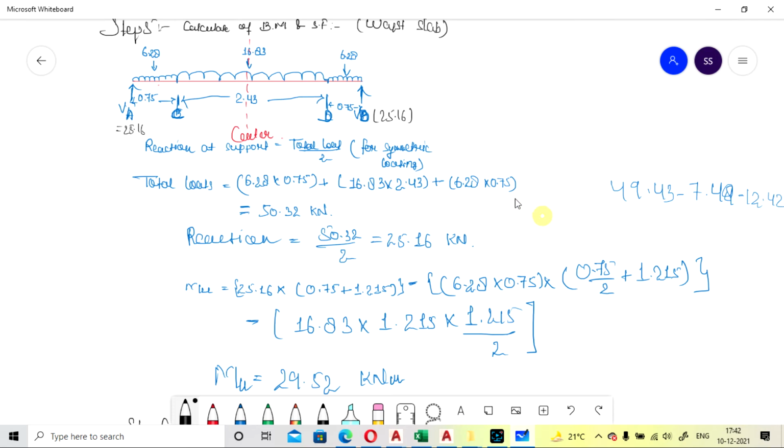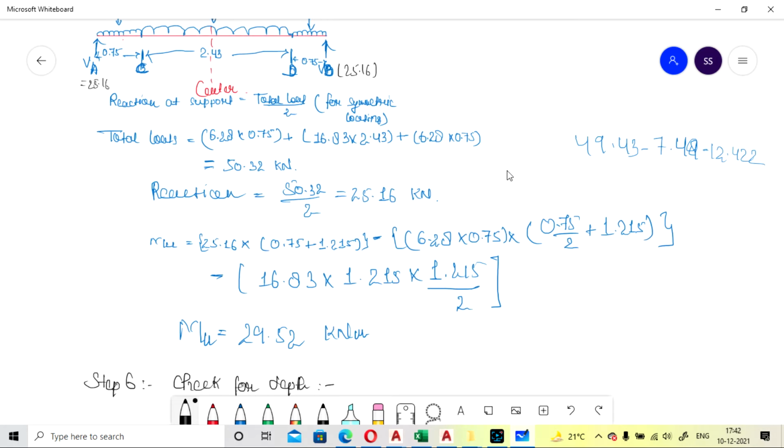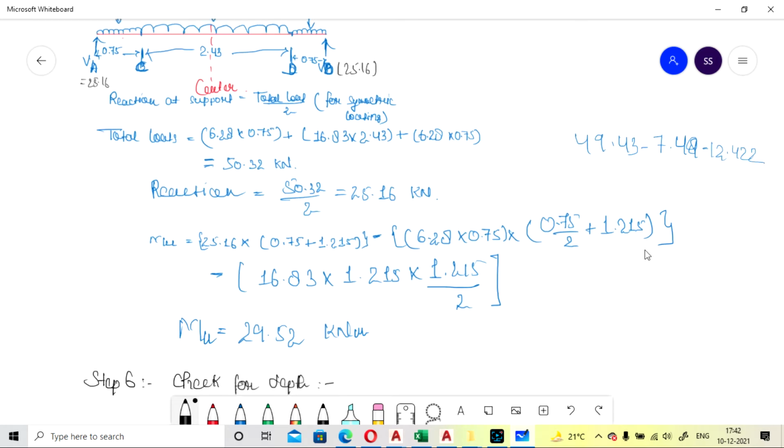So total moment will be calculated as 29.52.